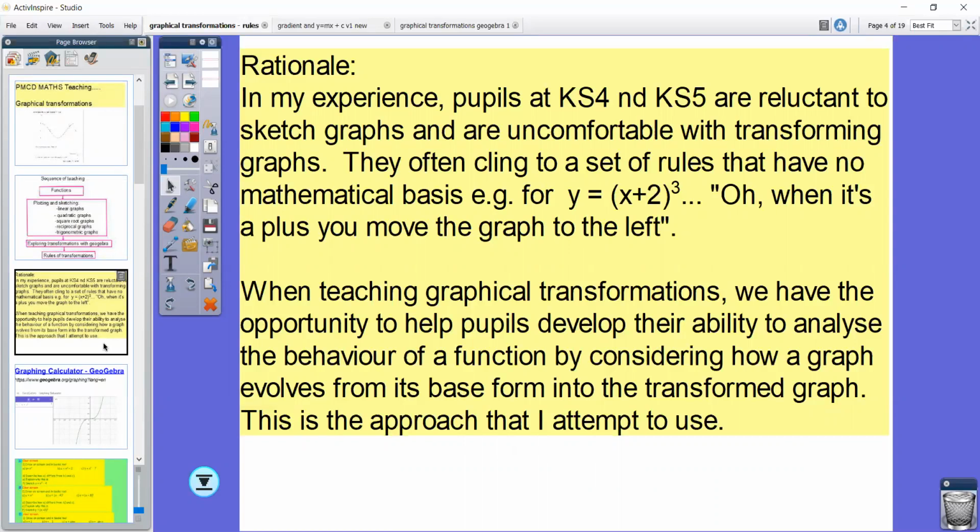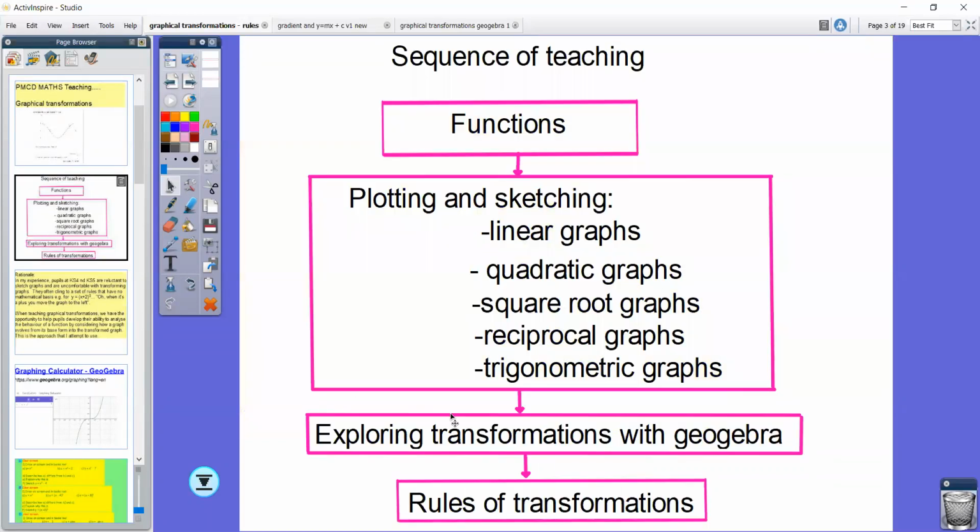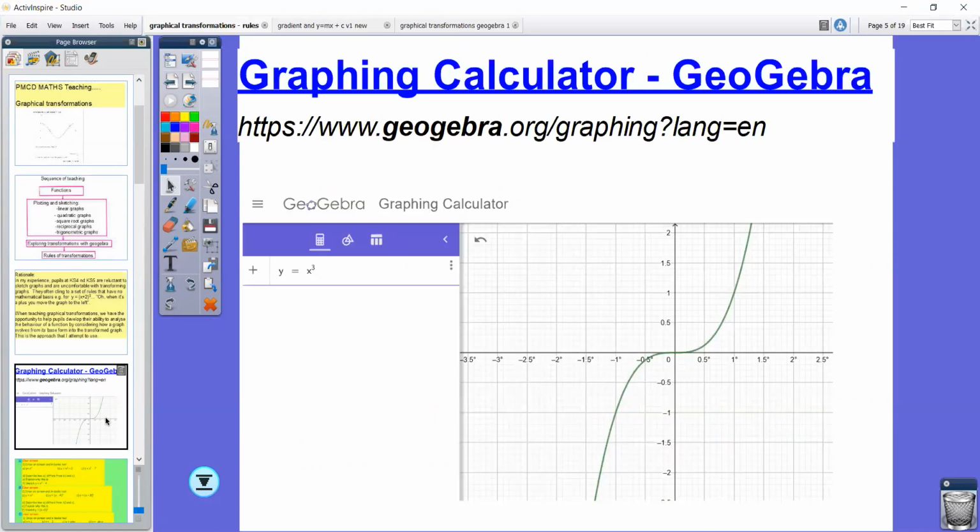So how do I go about doing this? Well, going back to the sequence, the first part I'm looking at is exploring transformations with GeoGebra. I'm a big fan of trying to get the students to construct their own understanding as far as possible. You can't give the responsibility totally over to them, but they can definitely do some of the legwork. So I normally have a lesson where we go on to GeoGebra,